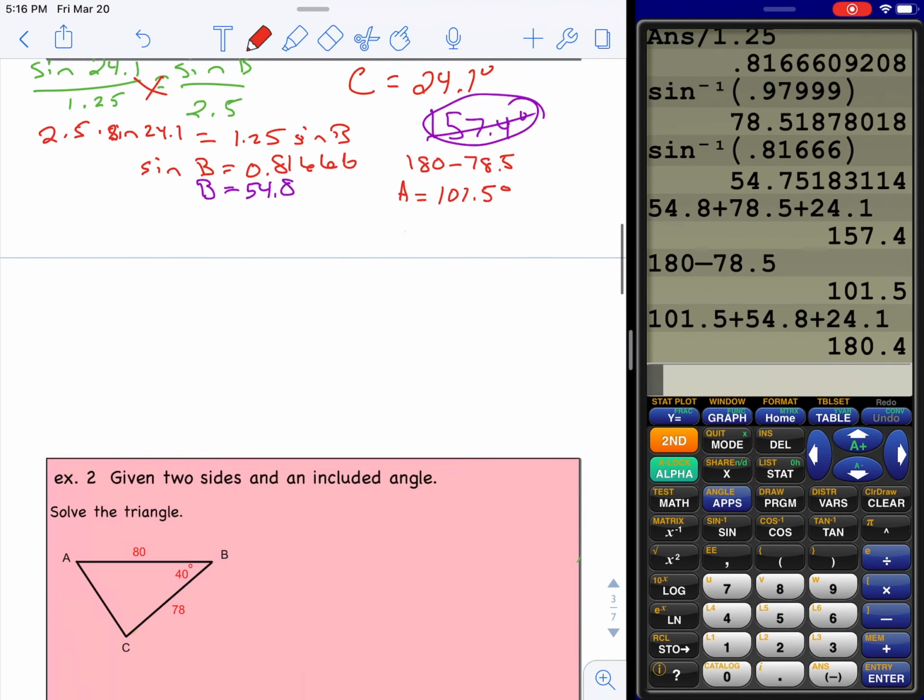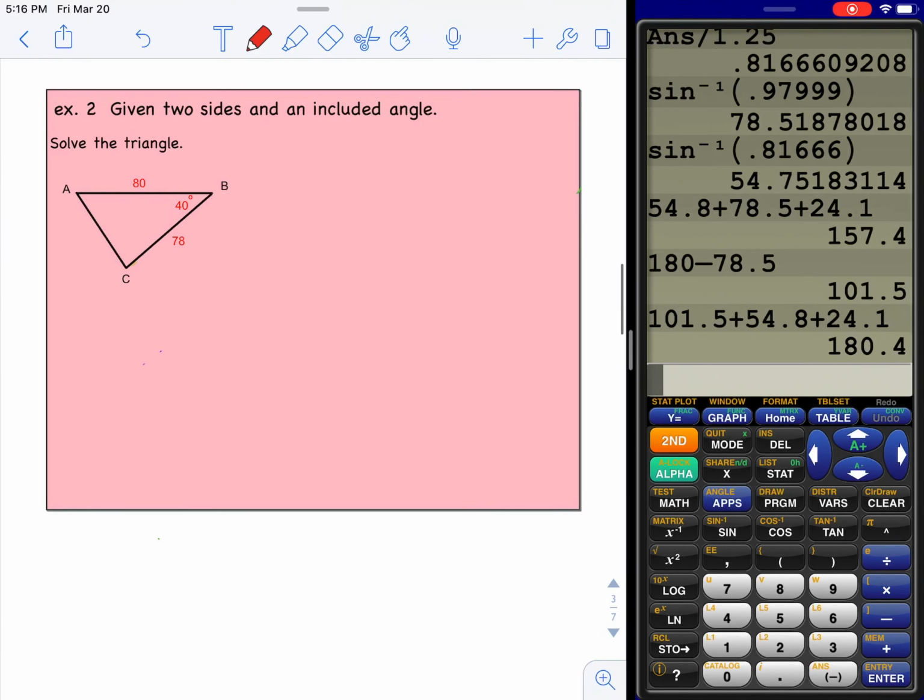Okay, now I'm going to encourage you to go do number 2, figure out side B, figure out angle A, figure out angle C. When you get to the end, add up the 3 angles you found using the law of sines. Make sure they're close to 180. Okay, a reminder, just do the back side of the law of cosines or law of sines sheet. It should say law of cosines. Work through those problems. I'll get an answer key posted for that so you can take a look at the answers. And tomorrow I'll have posted a review video and we'll be quizzing on Wednesday on this. I hope you're having a